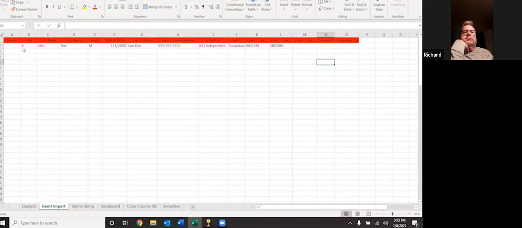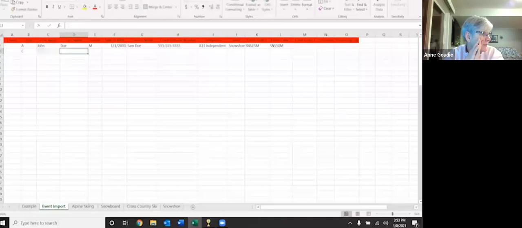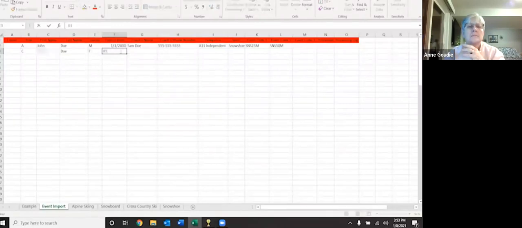In this case, we're going to go down the next row, and we're going to enter the coach that is John Doe's coach. So the role will be C for coach. Type in Sam Doe. She will be female, so drop down menu F. And then we'll put their birthday. This section for coach's name and coach's phone number, we can leave blank. We will not need those,